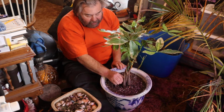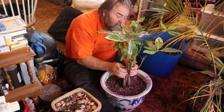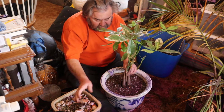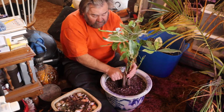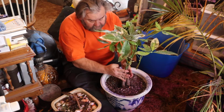Looks like that one I probably should have cut out. That one is no good. So we found something out after the fact, and I need to get it out of there because that is just rotted. That right there is just rotted. Now, the only issue